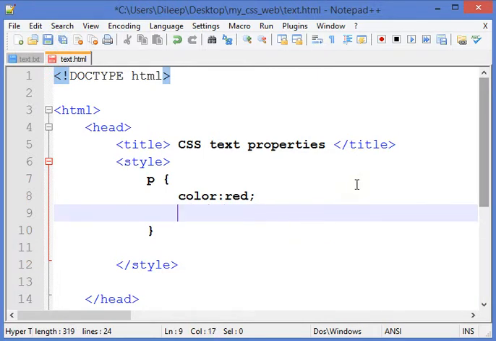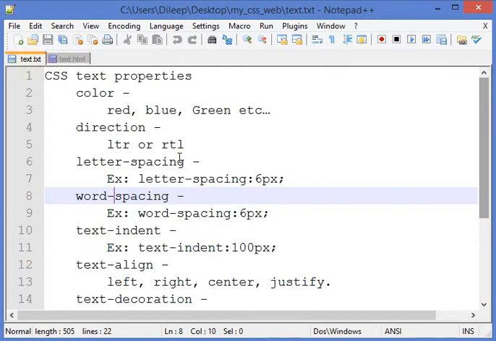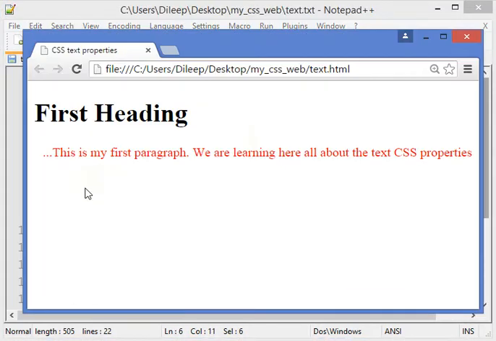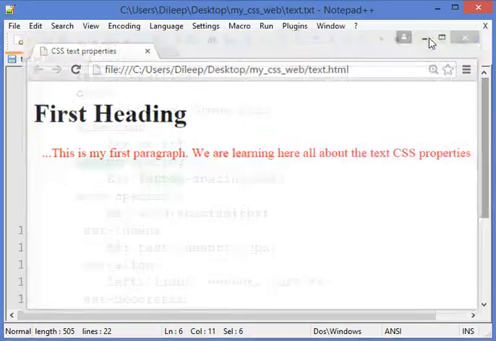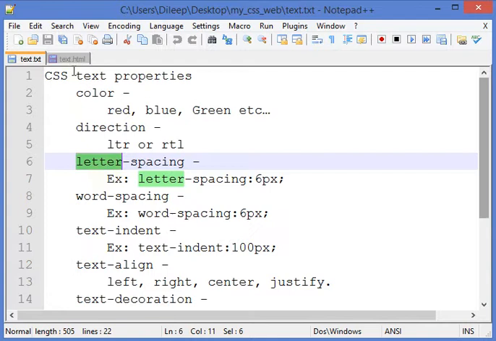And now another property of text is letter spacing. You can see here, suppose the first is a word, and how many letters does it have? 1 2 3 4 5 letters. Similarly all these words are combinations of letters, and I want to increase the space between the letters of a word. So how can I do that? I can do it using the letter spacing property.